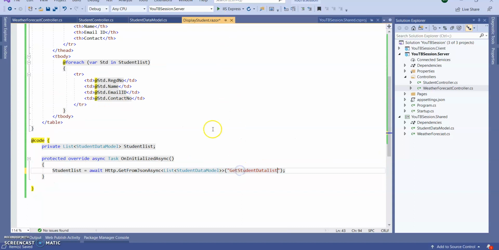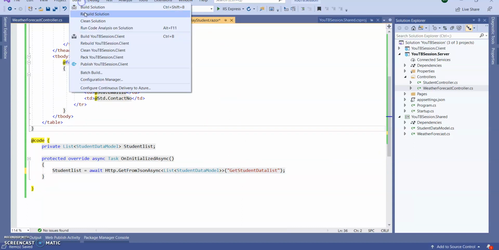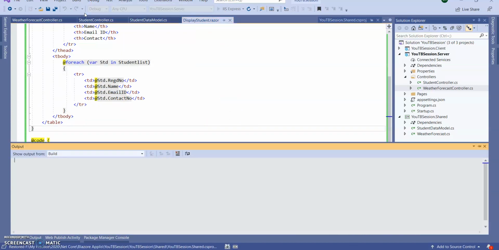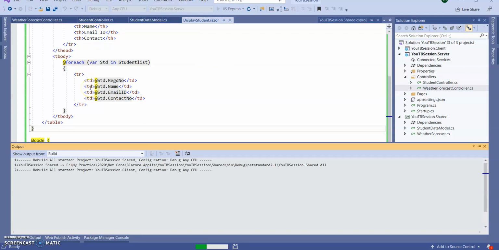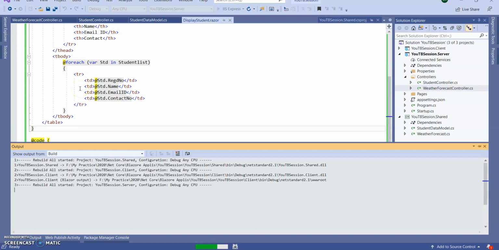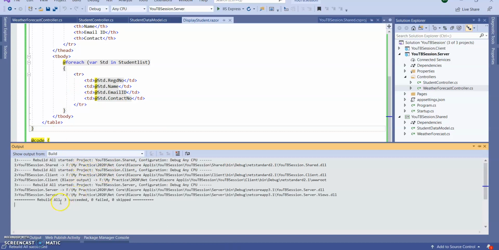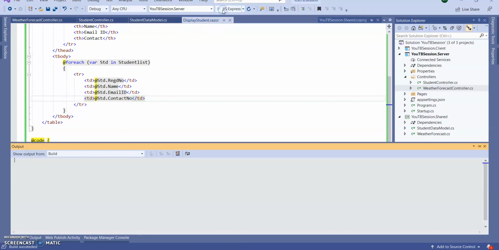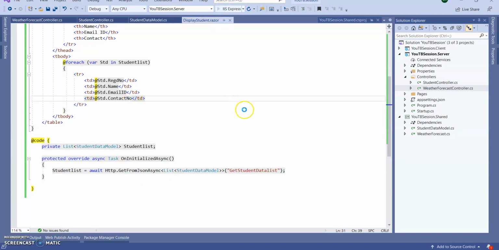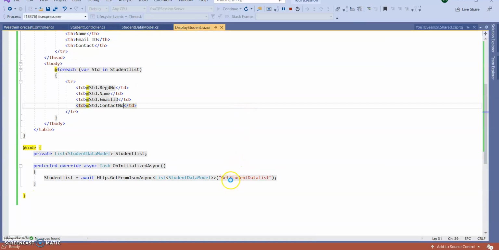So this one, rebuild the application. Will succeed. Run the application now, and we will see whether we are getting data from this student list API or not.